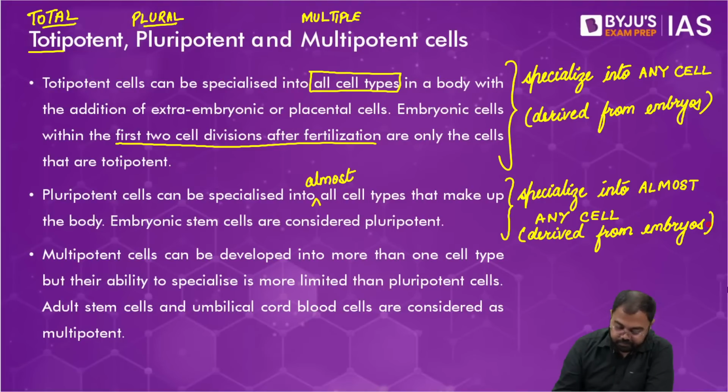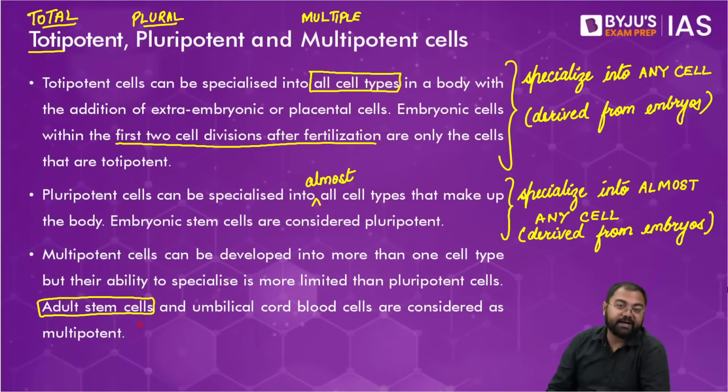So after this, we have the multipotent cells. Now, multipotent cells are not derived from the embryos. We say that these are derived from the adult stem cells. Now, when we say adult stem cells, we do not really mean that you are only deriving it after 16 or 18 years of age of somebody. Adult means that the birth of the child or the birth of the animal has happened. So adult stem cells mean stem cells